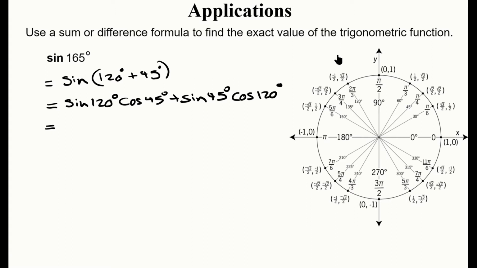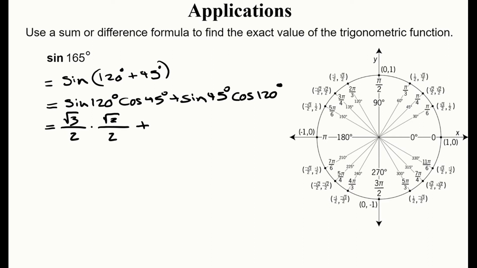So we know, again, if you only memorize the values for the first quadrant, you'll be able to quickly do a sketch and know the values for all the other related angles to those first quadrant angles, which we should know by heart. So we know that sine of 120 is square root of 3 over 2 times the cosine of 45, which we know is square root of 2 over 2, plus